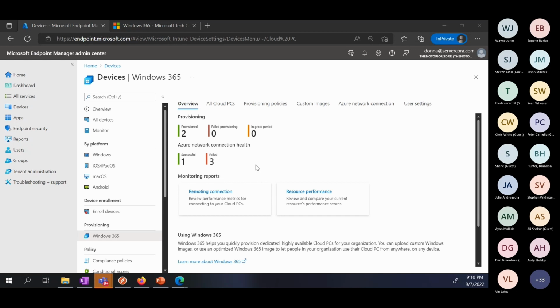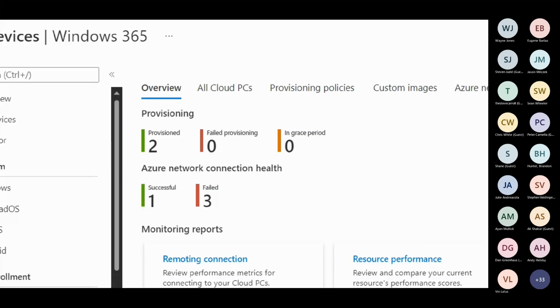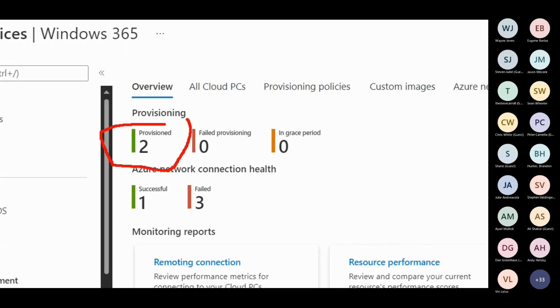So essentially what we got here, we have our landing page and our splash screen, telling us the systems that have been provisioned, our account. So provisioned, these are successfully built machines. Failed ones are the ones that failed, and there's the ones that are in grace period. So what grace period means is, let's say you remove the license from a user.